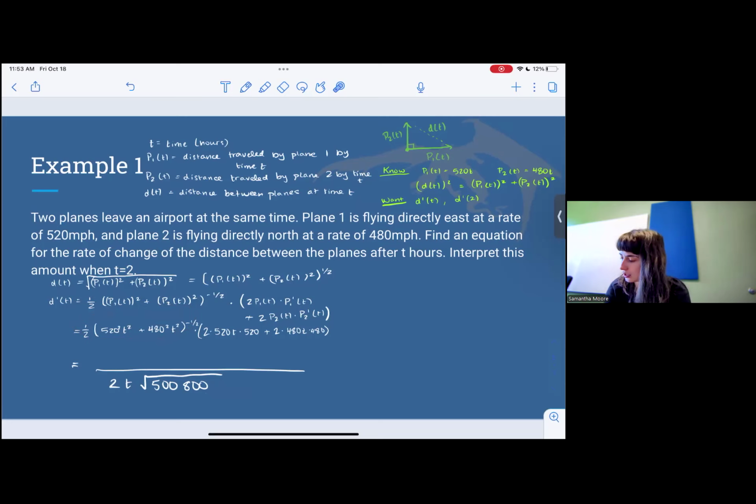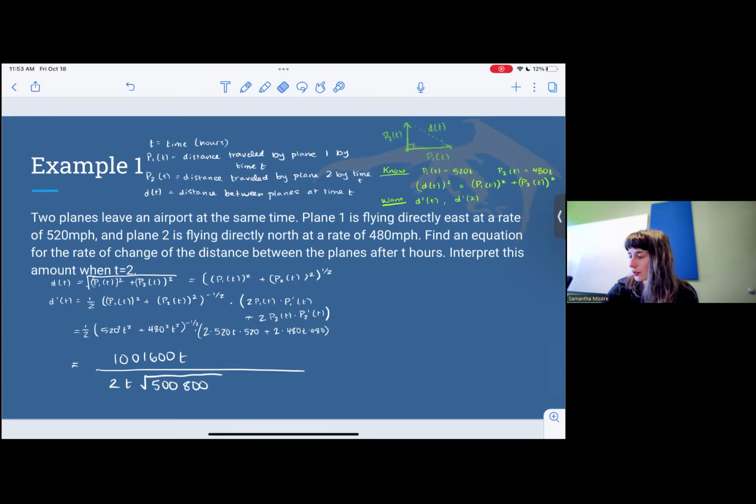And then I end up with my 520 squared plus 480 squared, so that 500,800 times 2 in my numerator, so 1,000,000 1,600 t. Okay, so when I clean all of this up, when it's all said and done, I get this amount,